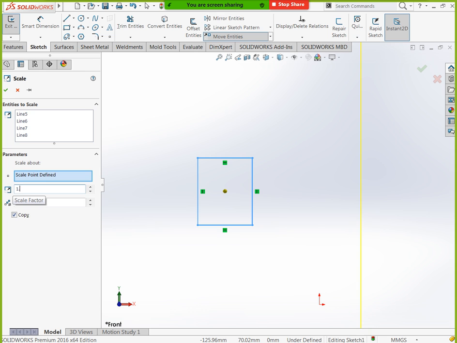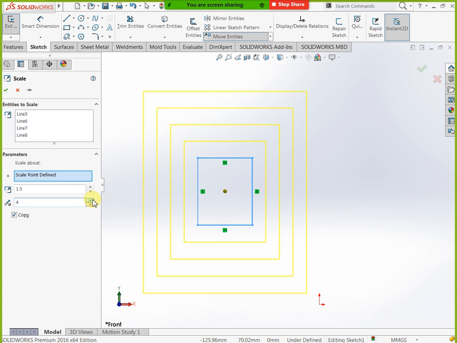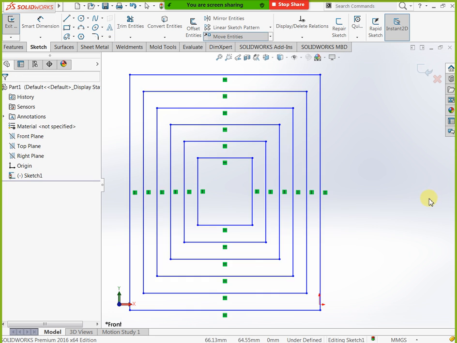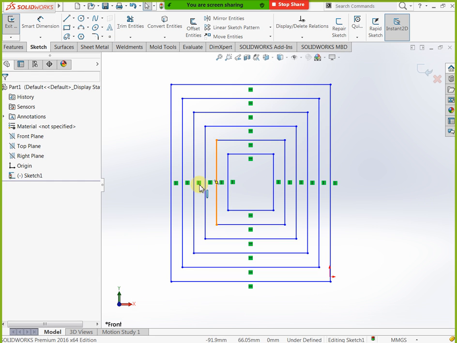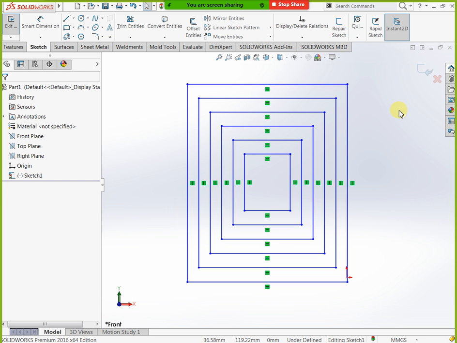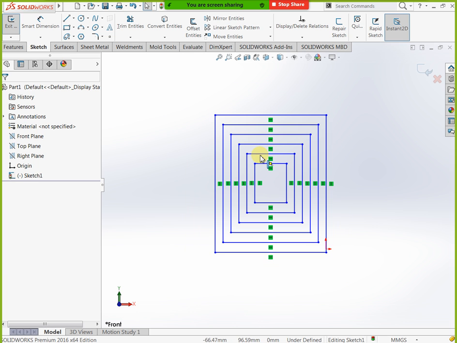However many entities you need, that many entities you can create easily like this. This is scaling. Next, we have equal scaling. Here to here we have 1.5, here to here 1.5, here to here 1.1.